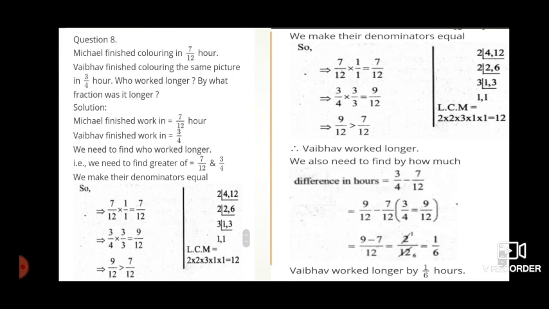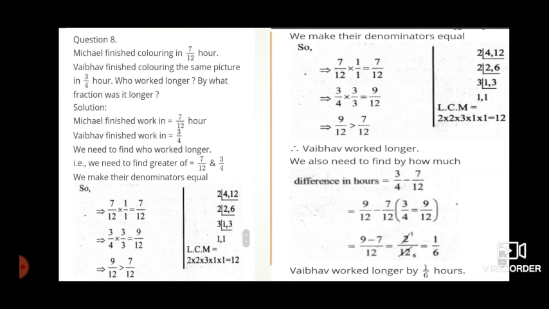Who worked longer means, if you want to compare two fractions, first the denominators should be the same, then only we can compare the numerators. It's nothing but a comparison, just like we did in ascending and descending order. In the same way here, comparing two fractions means first we have to make the denominators the same, then only we can compare the numerators. So here the denominators are 12 and 4. For 7 by 12 and 3 by 4, the LCM of the denominators we will get as 12. Actually children, no need to take the LCM, directly we can take.